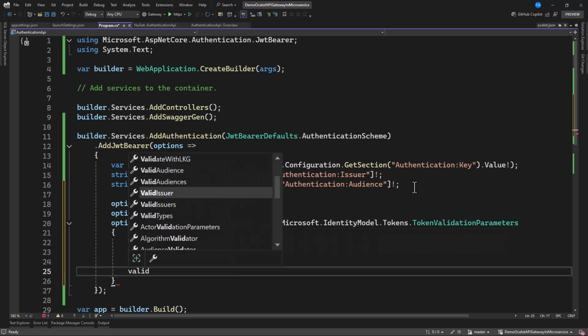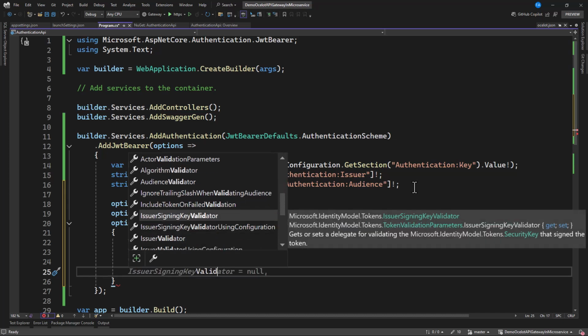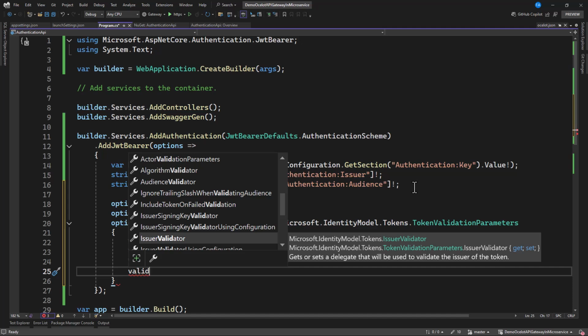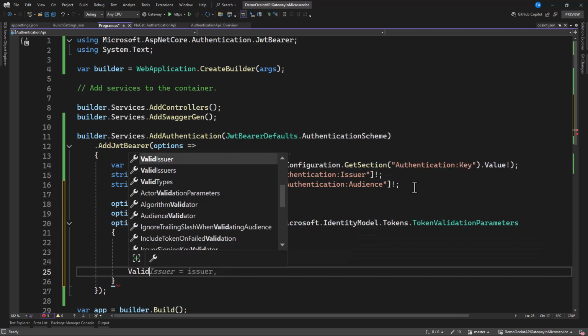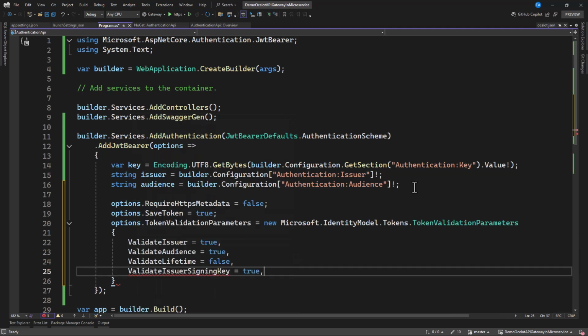Then ValidateIssuerSigningKey. We have it in here, so set this to true.